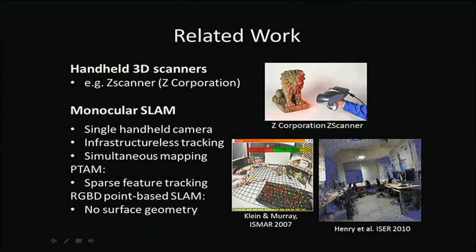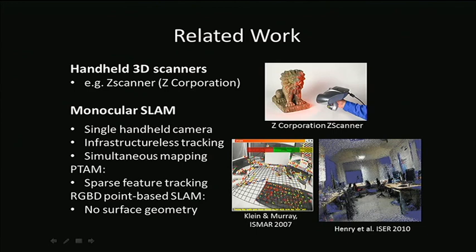And the system tracks these features and creates a really sparse point cloud of the scene and uses these to track the camera within an environment. But these works focus on the tracking aspect of the camera or the robot,